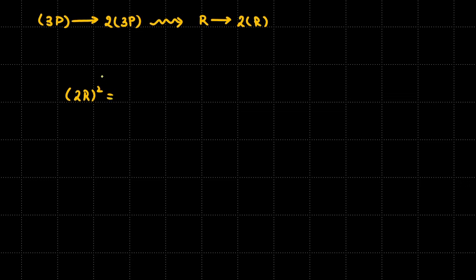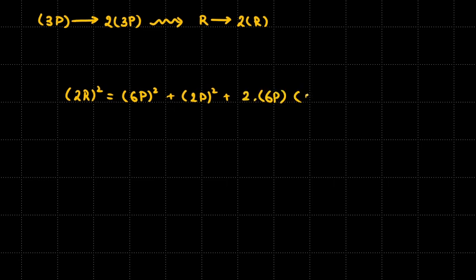So the first force 3P changes to 2 times 3P, and the resultant R also changes to 2 times R. Again using the formula, 2R squared equals A squared, where A is 6P, since 2 times 3 is 6, so 6P squared, plus B squared, which is 2P squared, plus